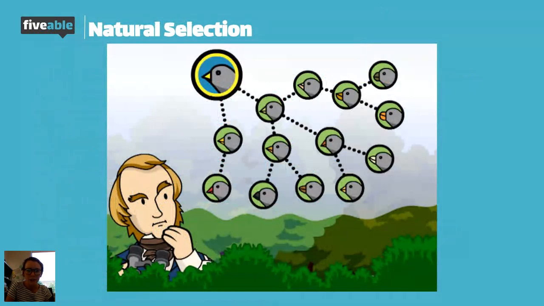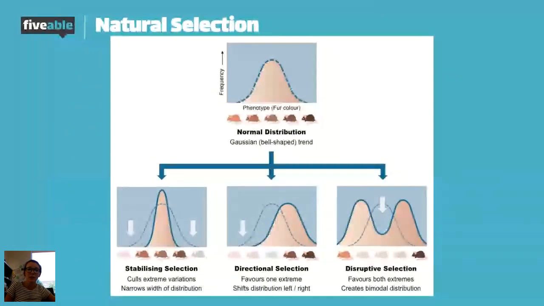All right, so let me skip ahead. I'm going to show you a couple different types of selection that can occur. These are really important. I'm sure you have maybe seen a graph like this before, especially if you've talked about natural selection. This is going to show you the different ways that we can select for or against traits depending on different environmental conditions. Okay, so that top graph is just your normal Gaussian bell-shaped curve